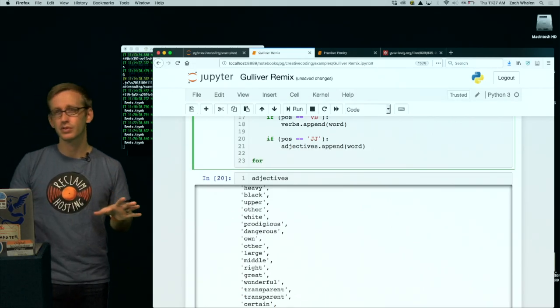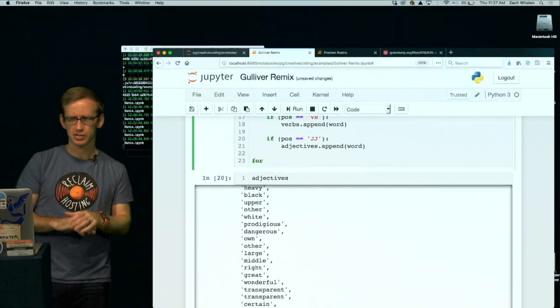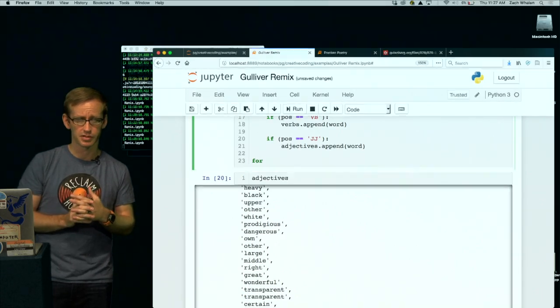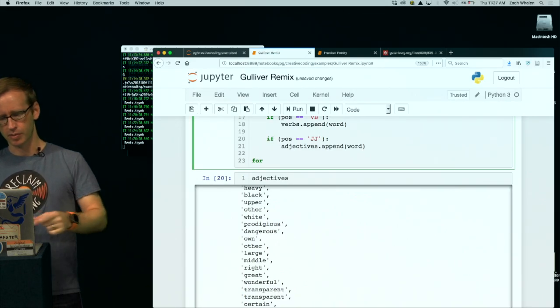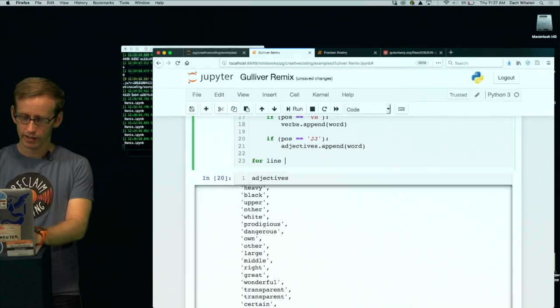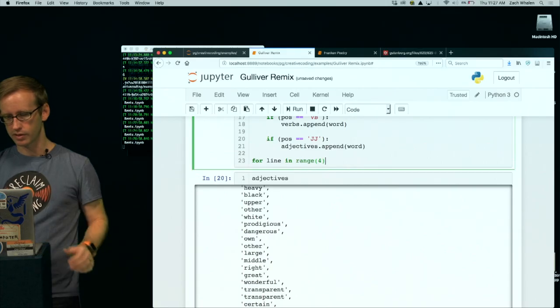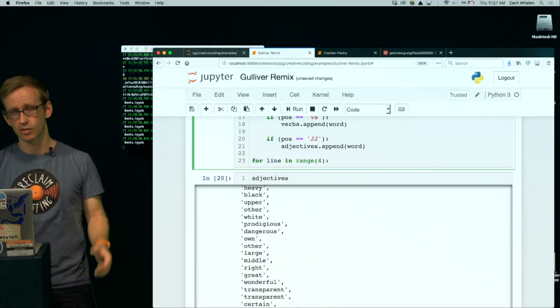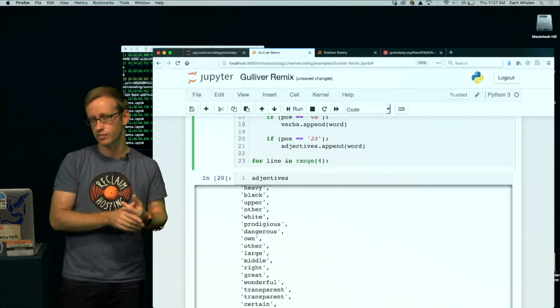So, okay, I've got something, and I can start making this look like poetry. I'll do 4 lines of poetry because that's a decent amount, and these are going to be just sort of abstract free verse kinds of poems. They're not really that great as poems, but they should work. I'm just going to do for line in range 4. This is going to give me 4. It's going to run this code. Whatever I put next is going to run this 4 times.